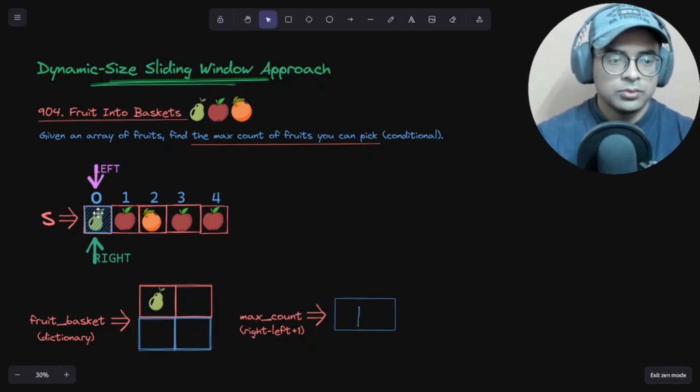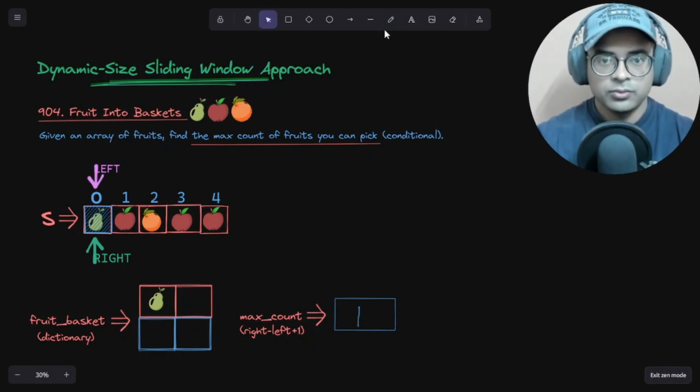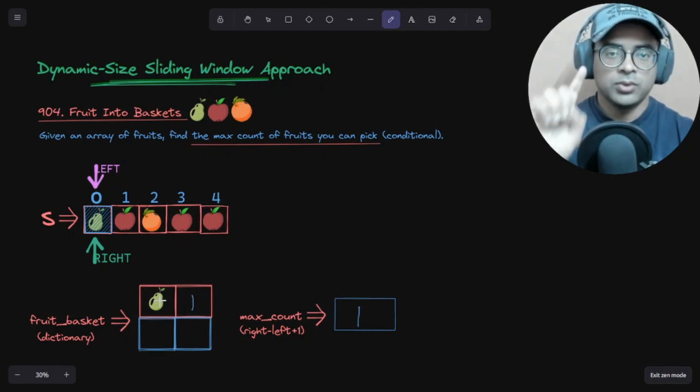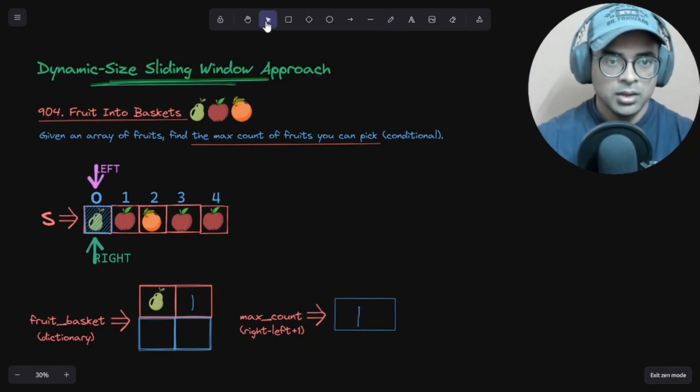Then what we are going to do, plus we have to update the count here because it is a dictionary. So key is guava and the value is the count. So here we have updated 1. So right now there is 1 guava in our window. Cool. Now let's